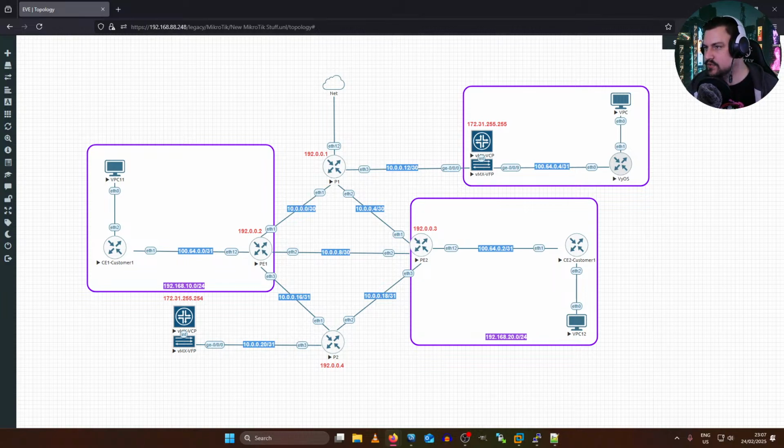I might just quickly use the good old Google or look at the Juniper docs. Juniper BGP allow unverified. Okay, let's see. Looks more or less like what I want to do.